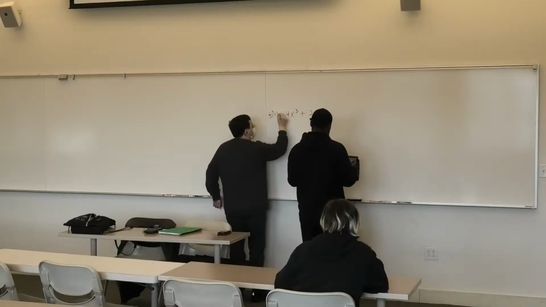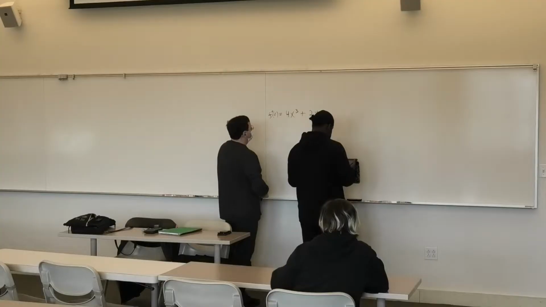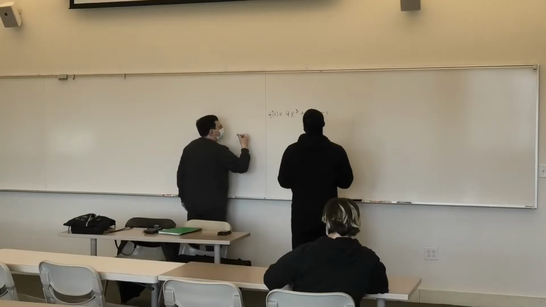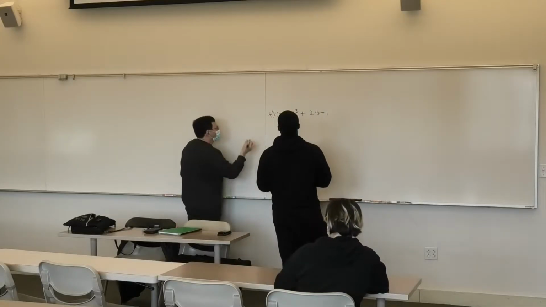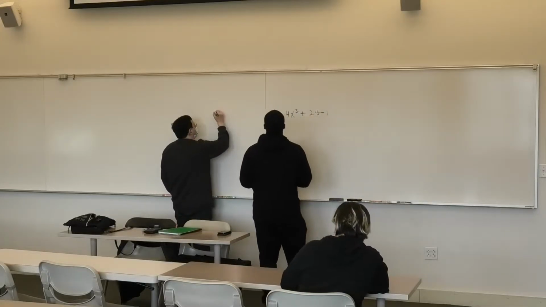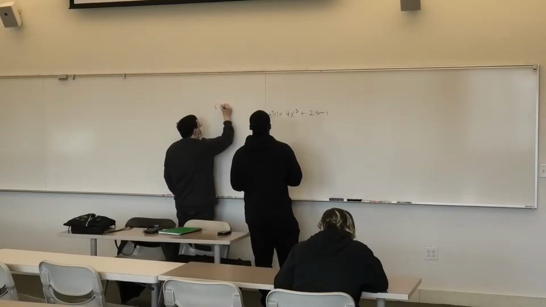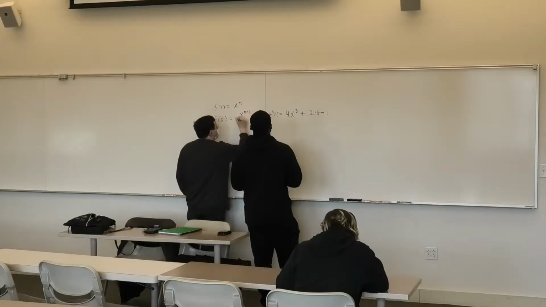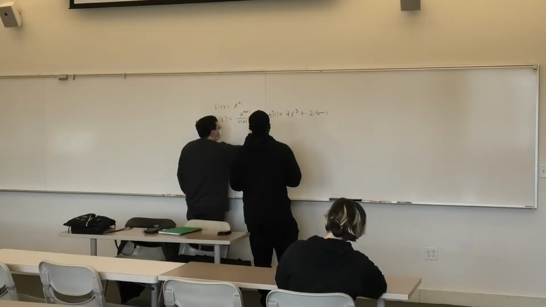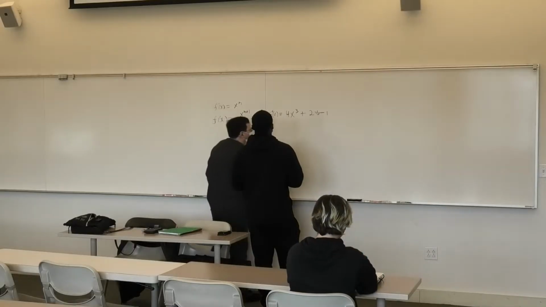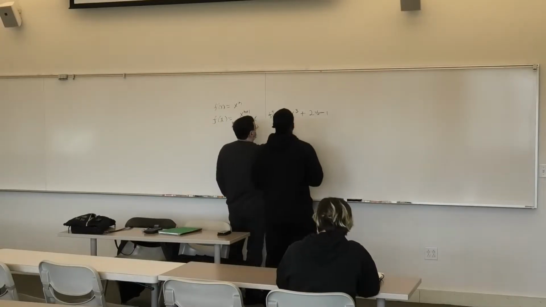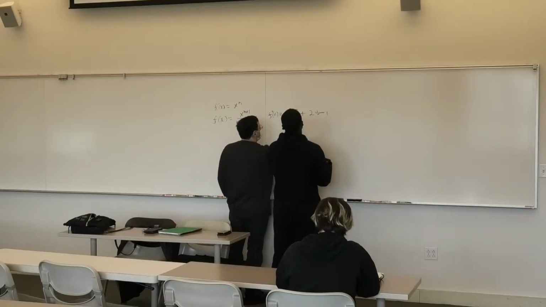Yeah, the second derivative. Okay, so you apply the reverse power rule. If f prime of x equals x to the n, then f of x equals x to the n plus 1 over n plus 1, plus some constant. So this is going to be,